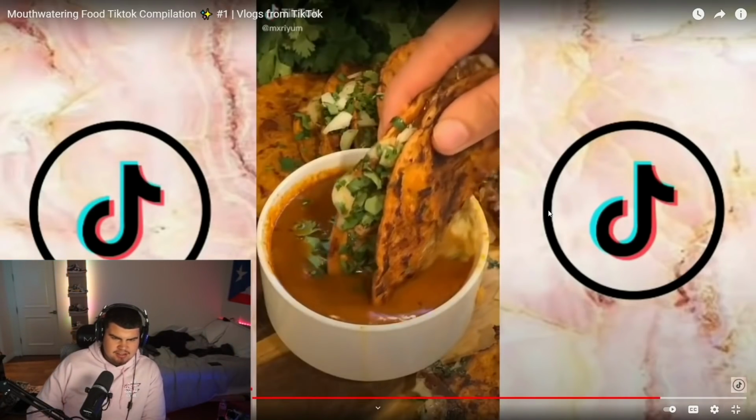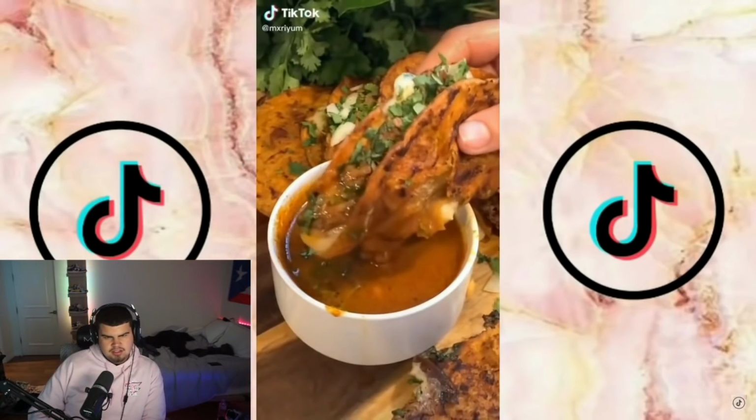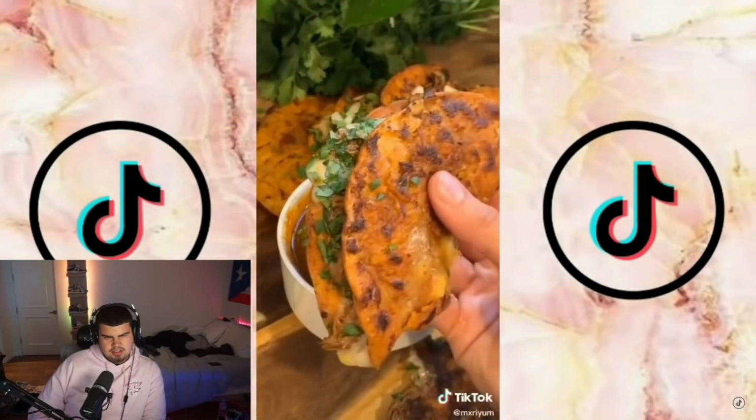Today we're making homemade birria queso tacos. I've been seeing a very Americanized version all over the internet, so today I'll be showing you guys how to